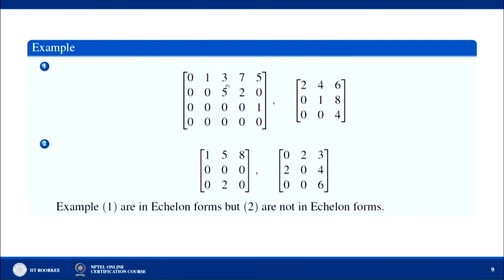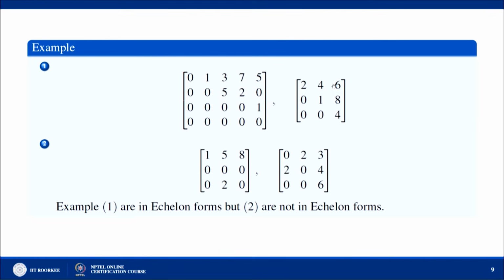The first non-zero entry of this row is to the right of the first non-zero entry of the row above it. So, this satisfies the properties of the echelon form of a matrix, and hence we can say that this is